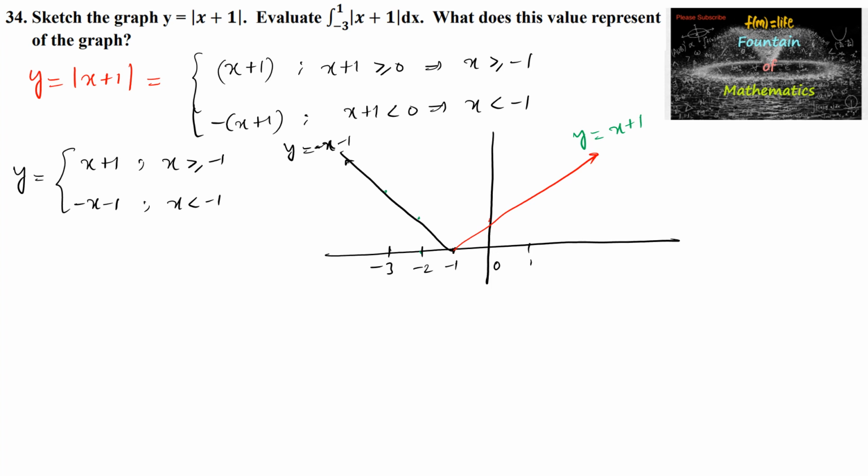And now our question is the integral from minus 3 to 1 of mod of x plus 1 dx. So we can see that from minus 3 to minus 1, it is negative x negative 1. We can draw the line x is equal to minus 3, and at x is equal to minus 1, and here at x is equal to plus 1. So the shaded region, or the required area, is